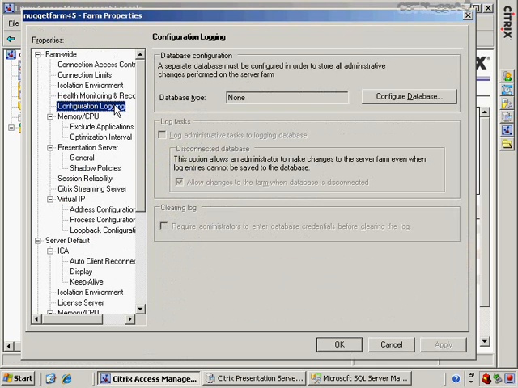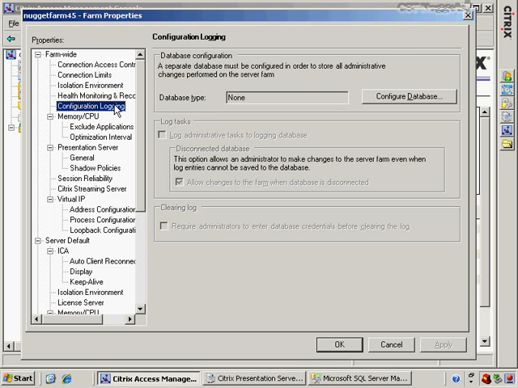If you think about all of the different capabilities and all the different configurations that are maybe set in your farm or on the servers in your farm, you may want some location, kind of like the event log, where you are able to put all of the configurations and when those configurations have changed and which administrators may have made changes to your farm into a single location for the purposes of auditing. You may also want it there for the purposes of later troubleshooting if you're trying to figure out why your environment isn't working the way it should be. Perhaps somebody made a change at some point in the past that needs to be undone to make the environment